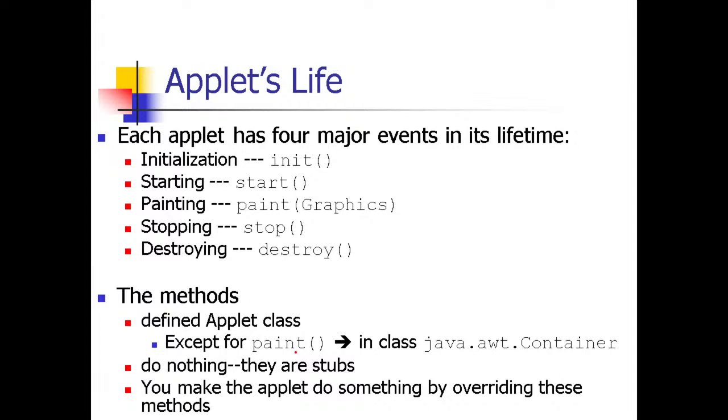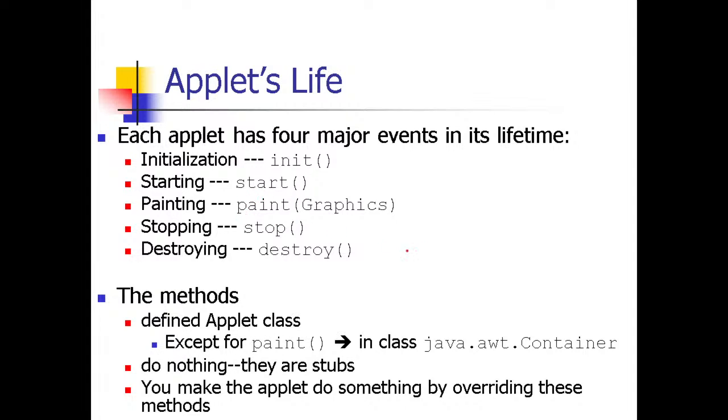बट पेंट हमें बहुत रिक्वायर्ड होता है, क्योंकि जब हमारा एपलेट स्टार्ट हो जाता है तो जो भी उसका कैनवस ओपन होता है उसके अंदर जो भी हमें ड्राइंग करनी है या जो भी हमें लिखना है वो सब हमें पेंट मेथड के थ्रू ही करना पड़ेगा। तो हमारे पास इनिट जो होता है वो इनिशलाइज करने के लिए होता है, स्टार्ट जो होता है वो स्टार्ट करने के लिए होता है। जैसे ही हमारा एपलेट मेमोरी में आता है तो वो इनिशलाइज होता है, और जैसे इनिशलाइज हो जाता है तो ऑटोमेटिकली स्टार्ट मेथड कॉल हो जाता है।